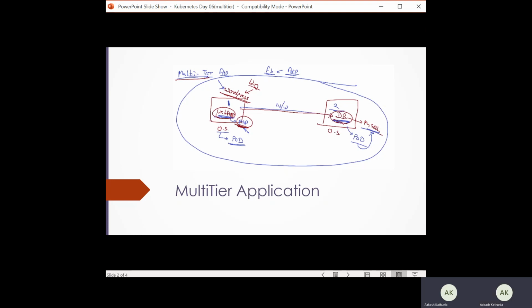Then we will use the URL for WordPress to access it from the browser and give some preliminary inputs to enter into the website. So let's go to the terminal so that I can show you the practical demo of how we can create this entire multi-tier architecture.